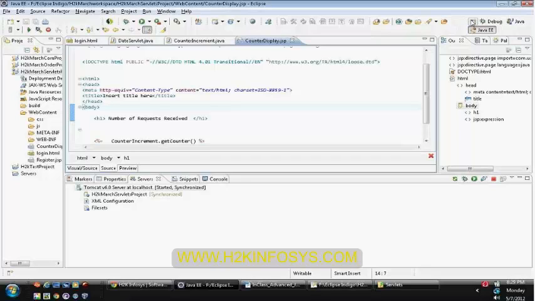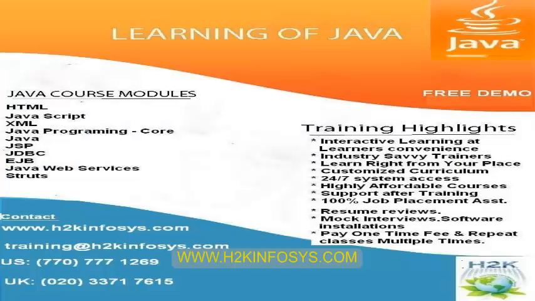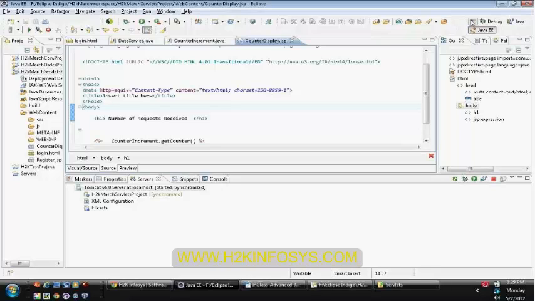Whenever a client request is submitted to the servlet container, the container identifies which servlet needs to be invoked. So if you have configured a filter, let us say this is our filter, the request will be sent to the filter first.